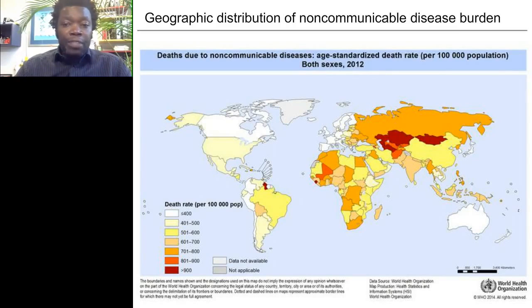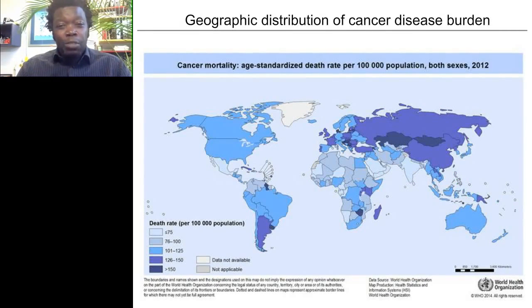Here we see the geographic distribution of non-communicable diseases, amongst which cancer is one. It's quite striking that the death rate from non-communicable diseases in Europe is by far the lowest per 100,000 individuals, and in Africa and parts of Asia it is highly elevated. This is from WHO data, and underlines the fact that the non-communicable disease burden is really the emerging health scare for emerging economies around the world. If we take the cancer portion of those non-communicable diseases, what becomes evident is that the age-standardized death rates are also quite elevated in those three continents: Asia, Africa, and